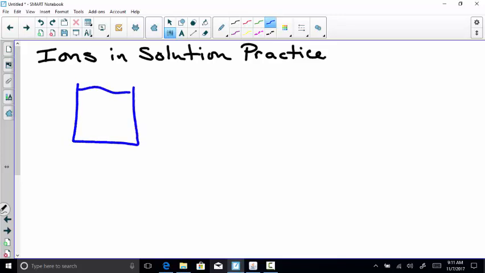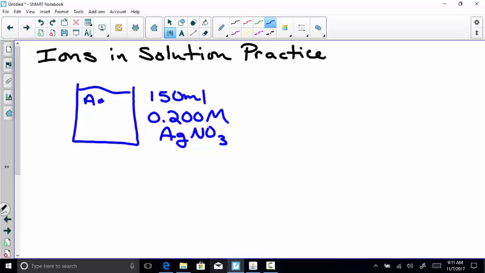So one of our first beakers has 150 milliliters of a 0.200 molar solution of AgNO3. In this particular beaker, you should have Ag+ ions and nitrate ions. In the second beaker,